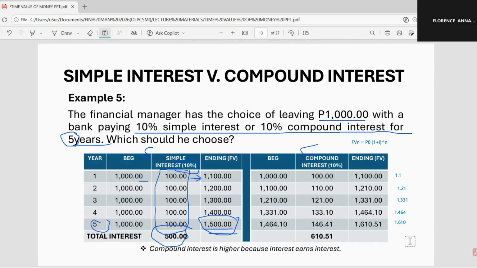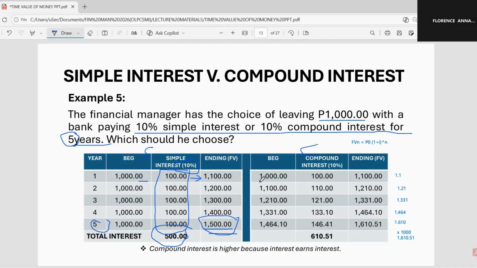1.610 times, magkano yung ating principal? 1,000. You'll get how much? You'll get 1,610.51. So, ayan. Di ba? Pareho din siya. And when we plot this in a table, as we have explained kanina, your beginning or your